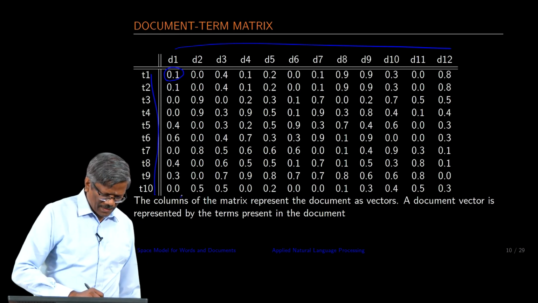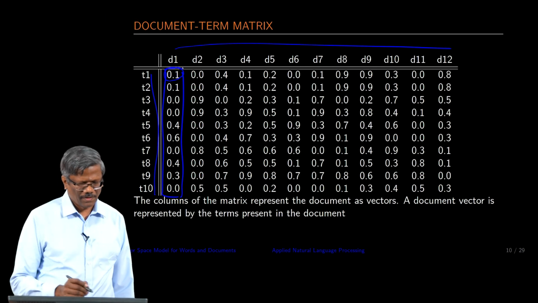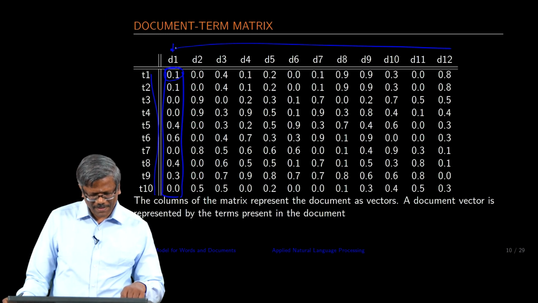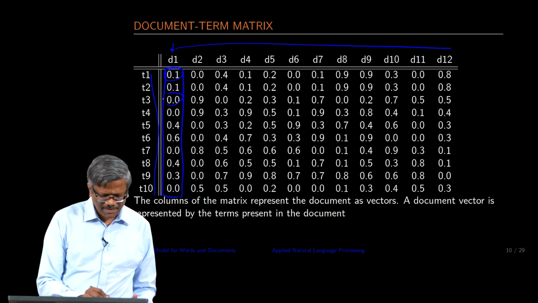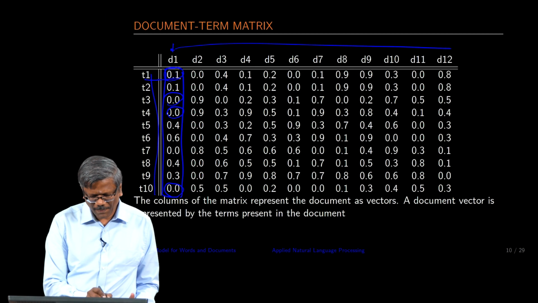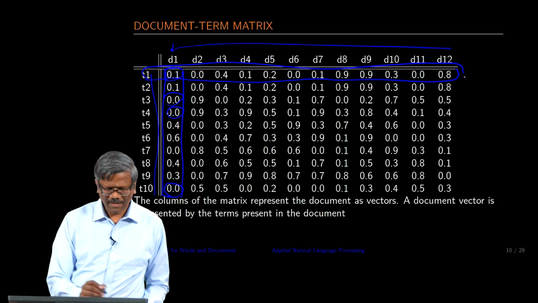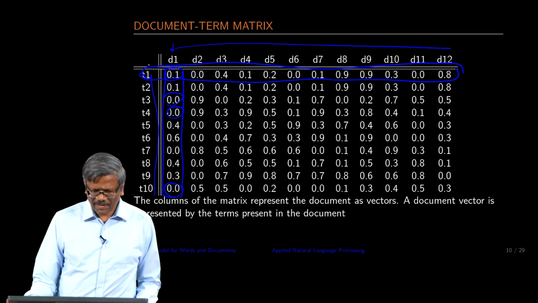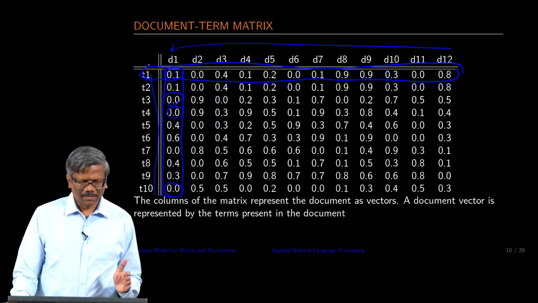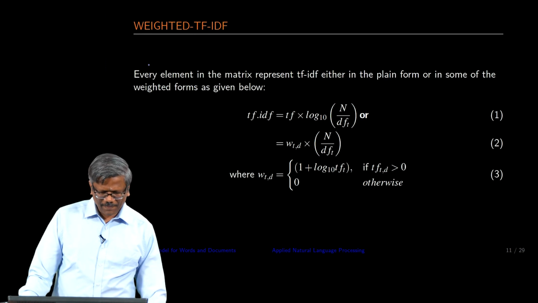Again, if you look at this, I keep repeating this. This one is your term vector for document 1. That means document 1 contains the words T1 to T10, some of them are missing, so we have 0 values here. And then if you look at this one, it is the term vector across the corpus. It is very important to understand this structure, and most of the time we will be representing our term document matrix in this fashion.